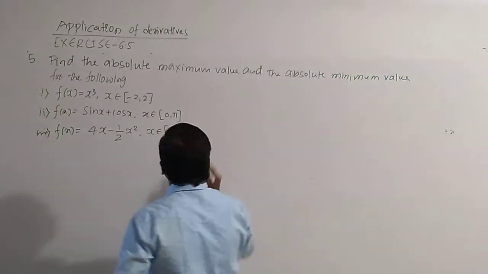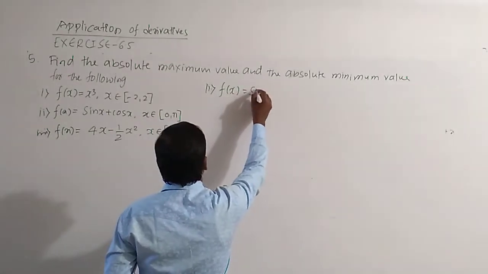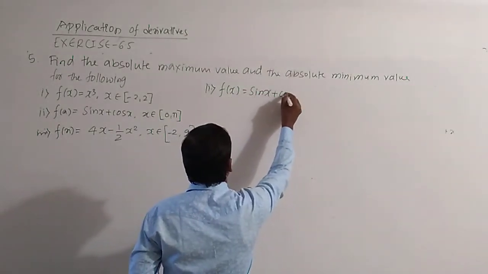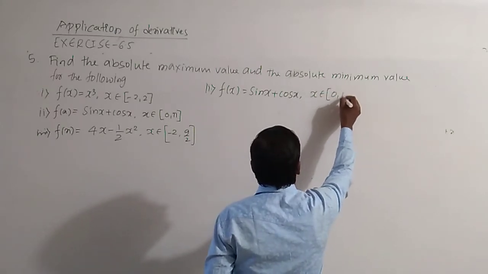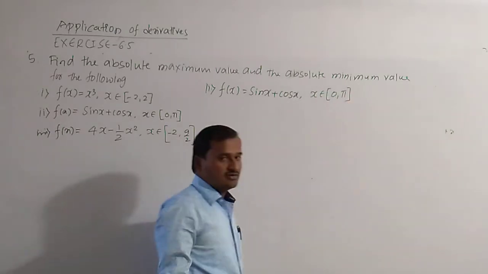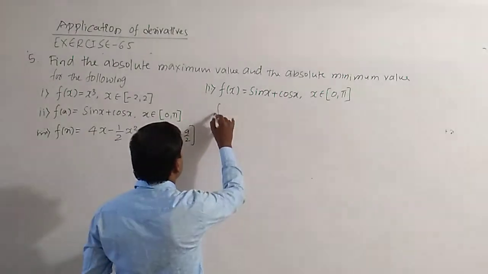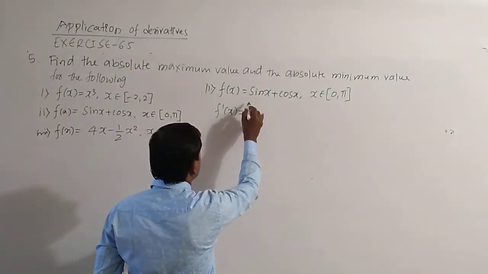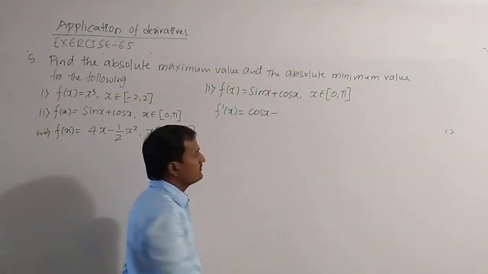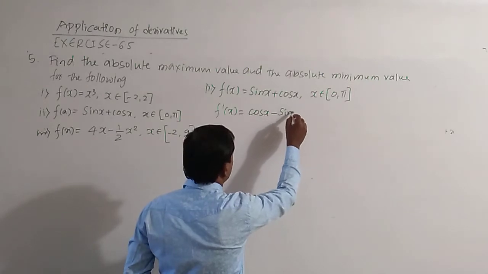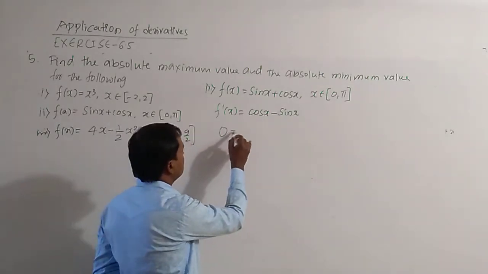Second question is this one. f of x is equal to sin x plus cos x, where x belongs to the closed interval 0 to pi. Again, first you should find f dash of x. What is the differentiation of sin x? Cos x. What is the differentiation of cos x? Minus sin x. Okay. Now to get the critical point, put f dash of x equal to 0,